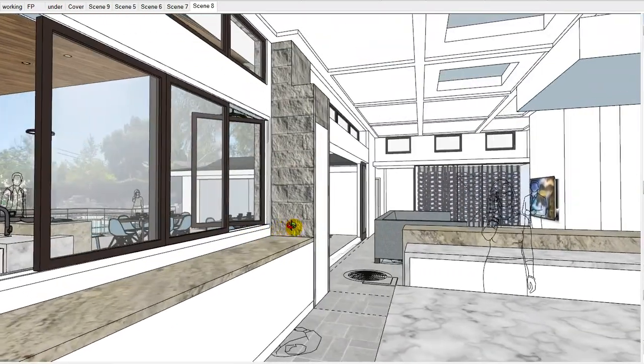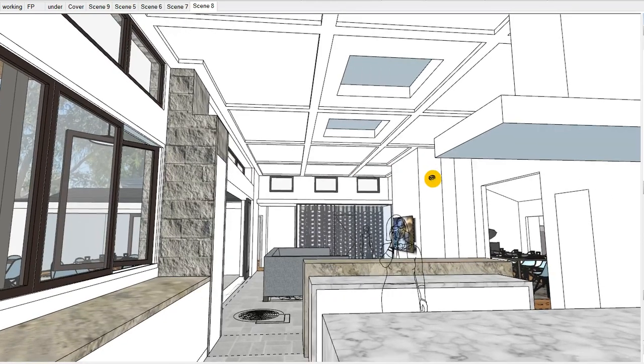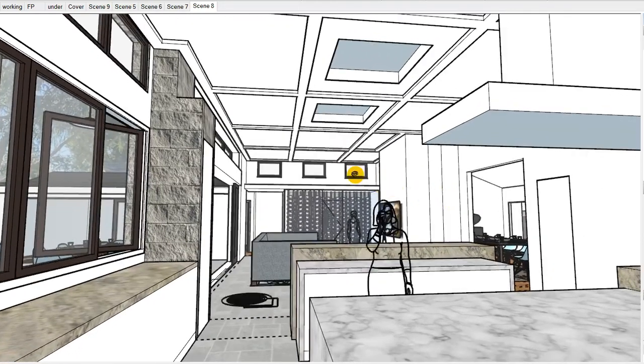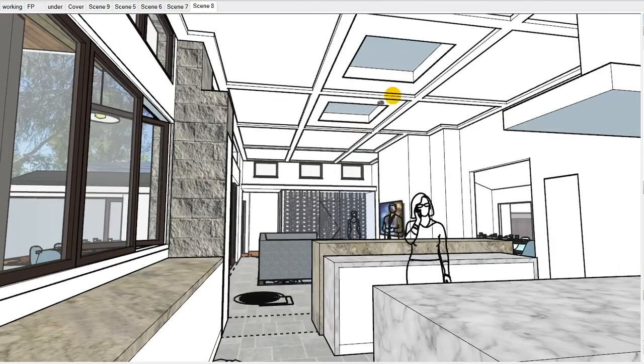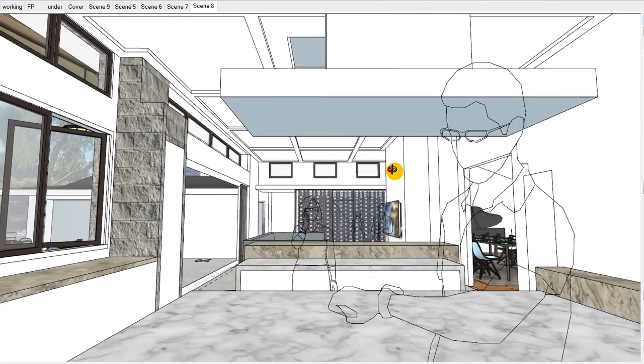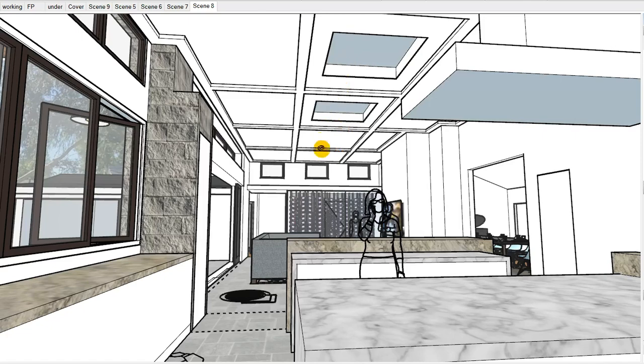I really like it. I think it's a really special space. So what we really need to focus on, though, for the structural engineer is, are you happy with the window and skylight placement, the height of the space, and the general design of it? Obviously, we're not really focusing on the finishes. There's certain details that we can tweak later on, of course, but I'd really like to get your feedback on the shape of the room, the window design,